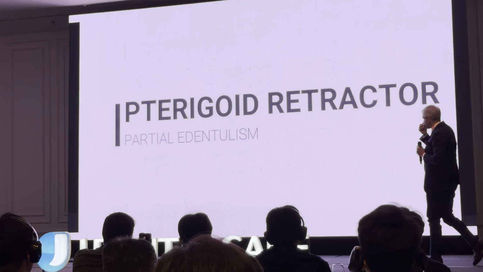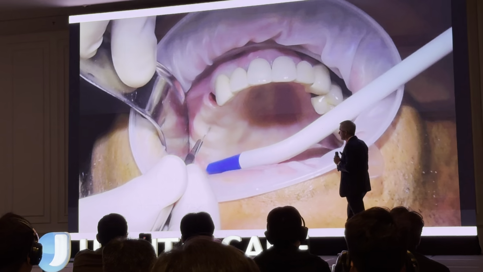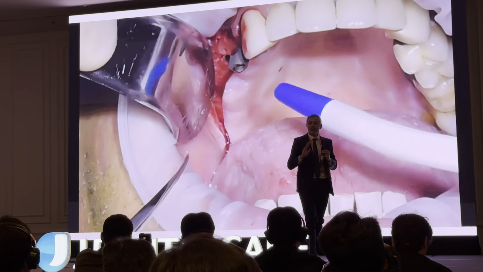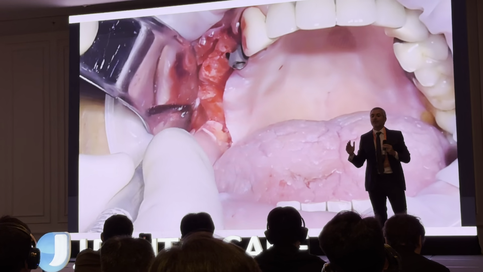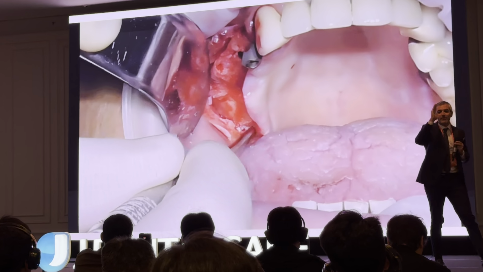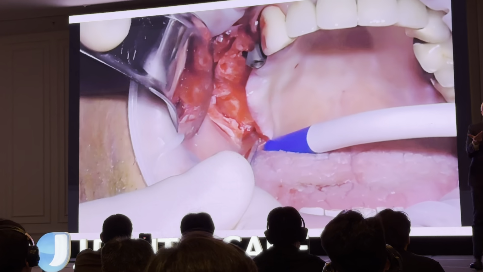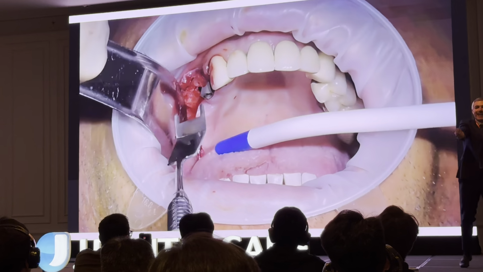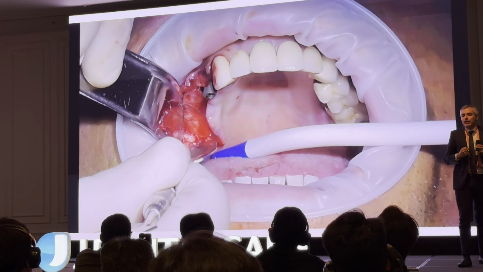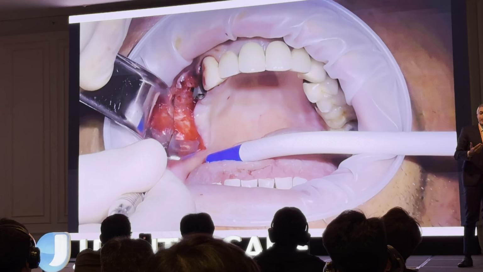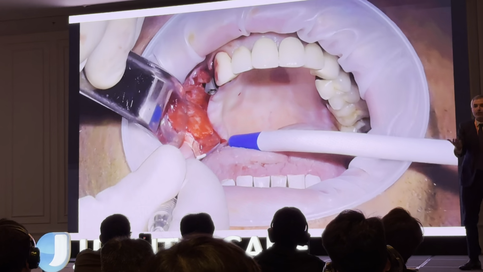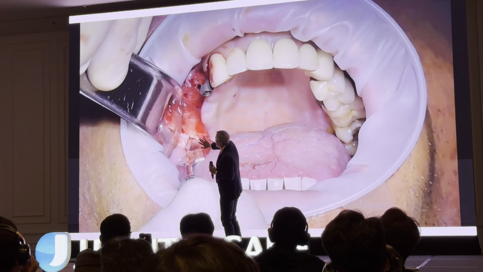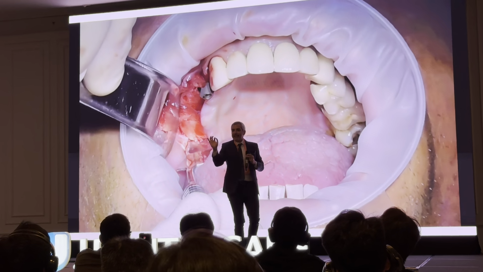So first of all, I raise the flap, a crestal full thickness incision from the distal end of the tuberosity. Then I raise the flap, full thickness, very easy, a crestal flap. Okay. Then with the elevator, I probe, I feel the incisura behind the tuberosity. So I take my retractor, the JD Pterygo retractor, I put it behind the tuberosity, you see, I put it behind, it reflects the flaps, it makes order in this surgical field,